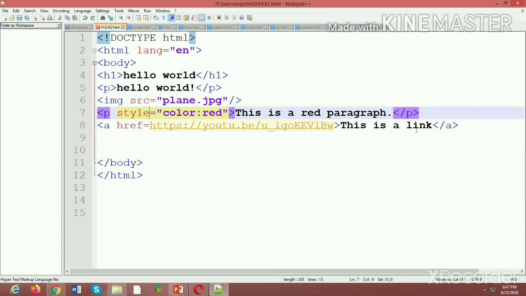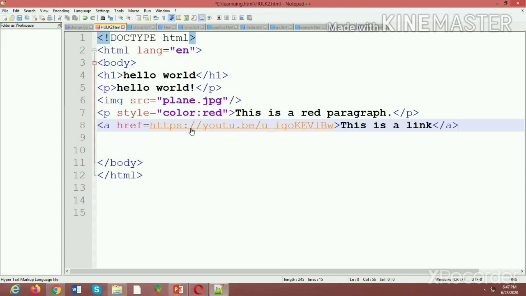Now here you can also see that an element p, paragraph, is used. As I've told you, all elements can have attributes, so here both the elements and the attributes are used. Now the href attribute is used to add any link to your web page.